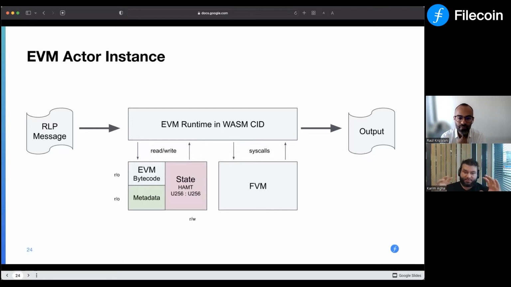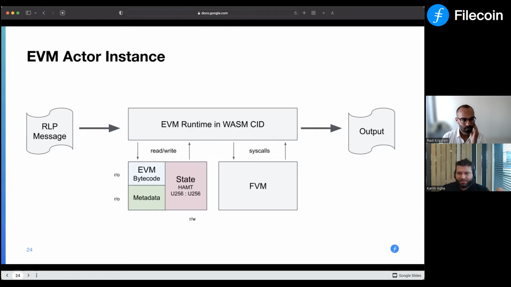And the EVM actor is implemented in terms of a native actor. So EVM contracts are essentially instances of native actors that point to WASM bytecode. Their WASM code CID implements an EVM runtime, has the EVM stack machine, the EVM opcodes handling, and all that sort of stuff. They have a link to an IPLD state root that stores the contract's bytecode and the current state of that contract. Once an EVM contract is instantiated, the bytecode is immutable, but the state mutates as a result of running the bytecode